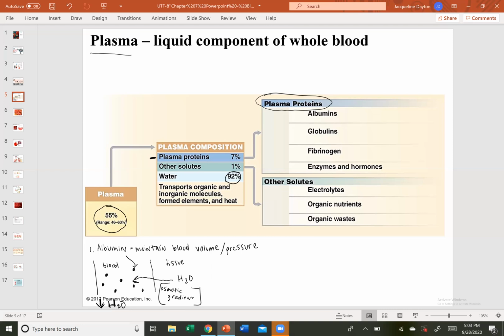Why is that important? That's important because the body is just going to follow this natural cue that if it loses too much blood or too much water, it's going to naturally start to pull water from the tissue to ensure that it is not reducing the blood volume, okay? The only reason that this osmotic gradient is established is because of the presence of this albumin, okay? Or this plasma protein that is allowing water to enter to maintain that blood volume, okay? So that is the first plasma protein. The second one